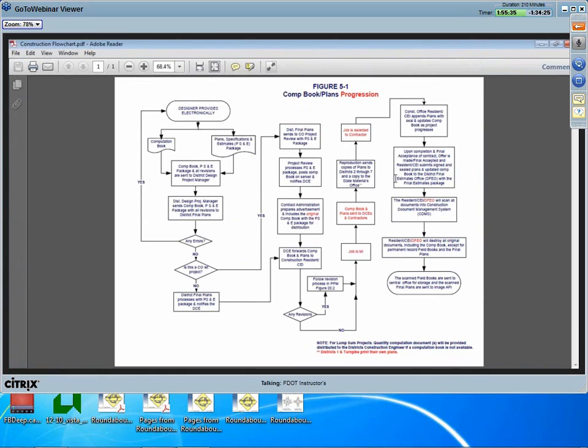Okay, the next flowchart is not part of the PPM, but it's from Construction's Preparation and Documentation Manual. But I want to go through a few of these steps. Some of the early steps in this process are a duplicate of what we discussed earlier in the PPM. But I just want to highlight that once contracts prepares the advertisement and includes the comp book with the PS&E package for distribution,